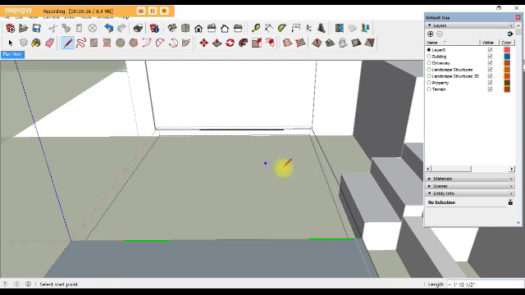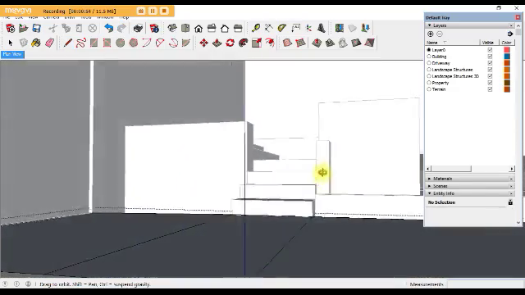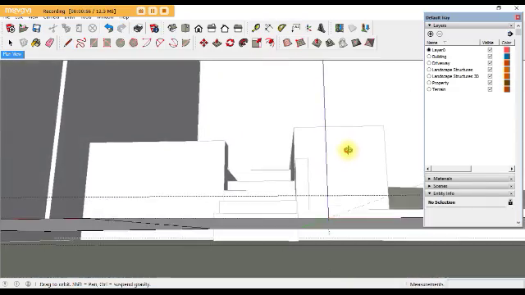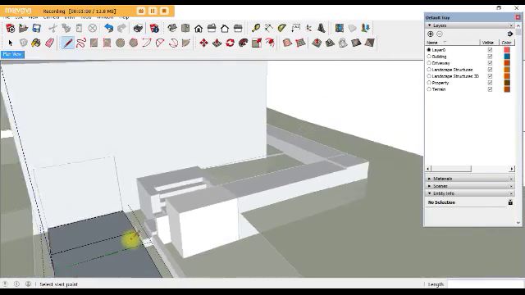And then we'll come across on the green axis here, line it up with the garage opening on this side. We have a plane, and then we can go here. Now we don't always want to draw our planes, but in this case the driveway works well to do it that way. When it comes to the walkway,